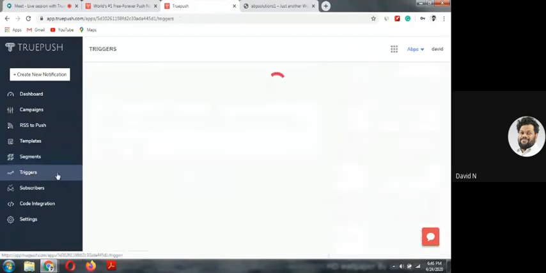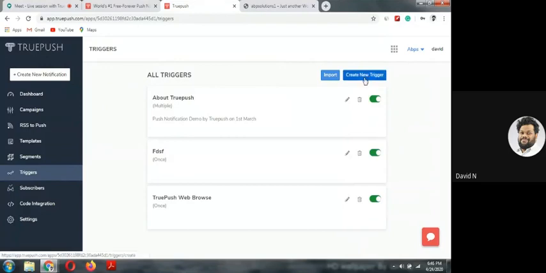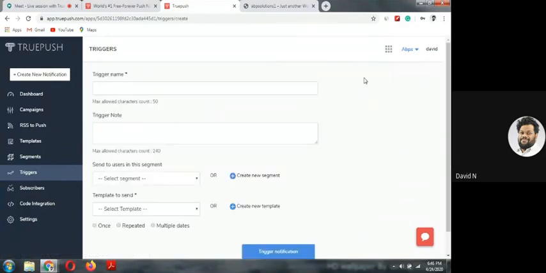And then there are triggers. Triggers are used for sending predefined notifications to our users based on their subscription timings. So you will give out the basic information about it here. You can give out a segment or not, but you have to give out a template for us to send the notification to.